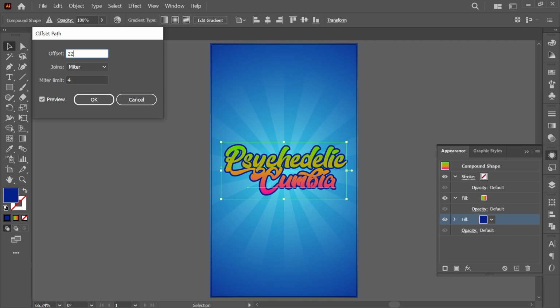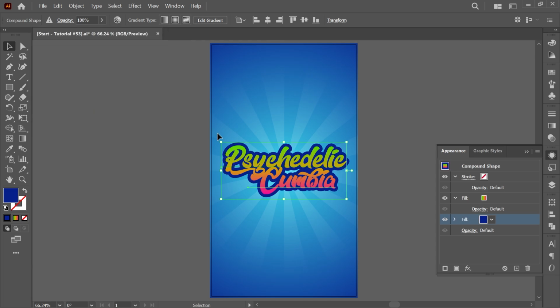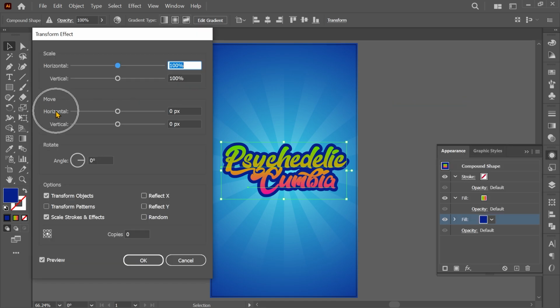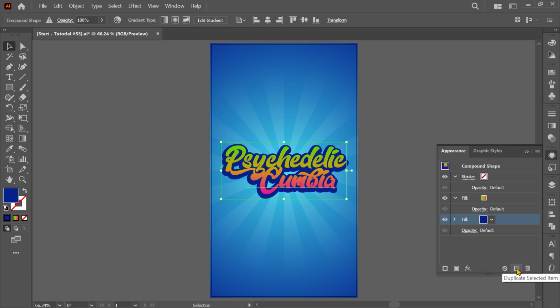Offset, 22 pixels. OK. Apply a transform effect to the still selected fill, by clicking on Add New Effect, Distort and Transform, Transform. Move, horizontal, -5 pixels. Vertical, 11 pixels. OK. Create a copy of the selected fill by clicking on the Duplicate Selected Item button.